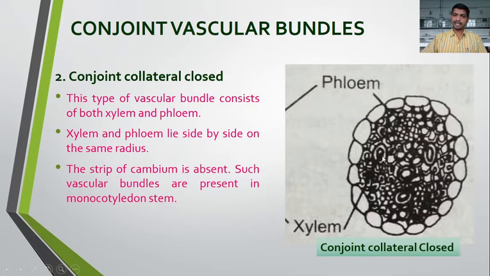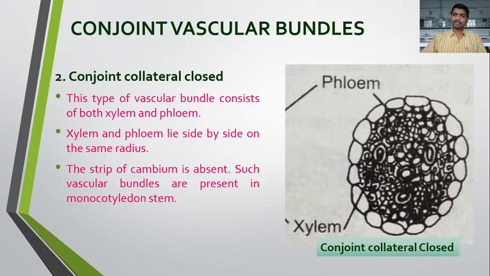So this is the xylem, this one is the phloem. They are present on the same radius, but a strip of cambium is absent between xylem and phloem. So such type of vascular bundles are called conjoined, collateral and closed type of vascular bundle, which is found in the monocot stem. So monocot stem consists of conjoined, collateral, closed type of vascular bundles, while in case of